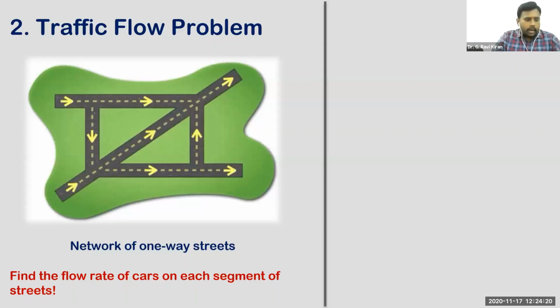Here you can observe one diagram that shows a small network of streets. You can find different streets here. For simplicity, because I cannot take a too complex problem to explain here, I'm considering all these streets to be one-way streets. So in only one direction can the vehicles pass through. The direction of the traffic on each of these streets is indicated by these arrows. You can observe arrows moving in different directions. These arrows represent the direction in which vehicles can pass through these streets.